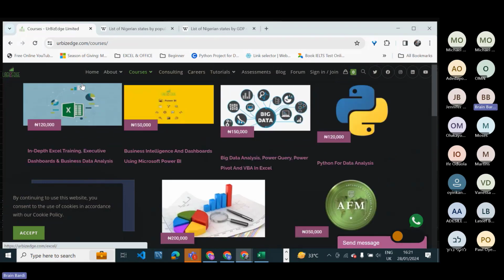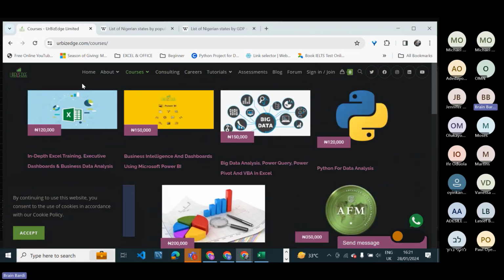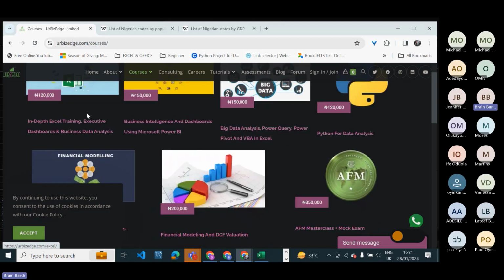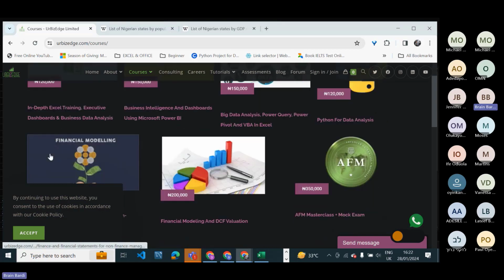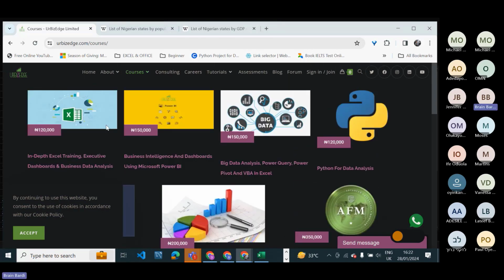So what we are going to try to achieve here, we are going to use Excel to extract the information about these 7 courses here: the names, the amount, the picture, and the link to the course, in the sense that it's going to be clickable. When we click on the link, we can easily go from Excel to that particular link immediately. So I'm going to go back to my Excel.